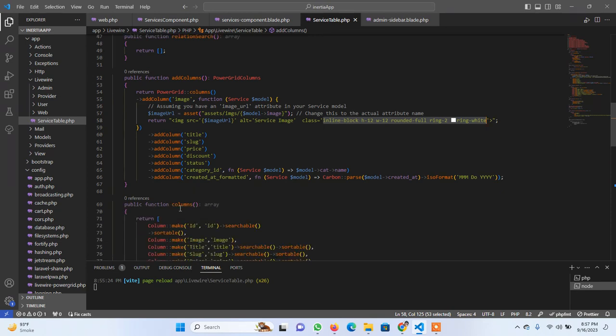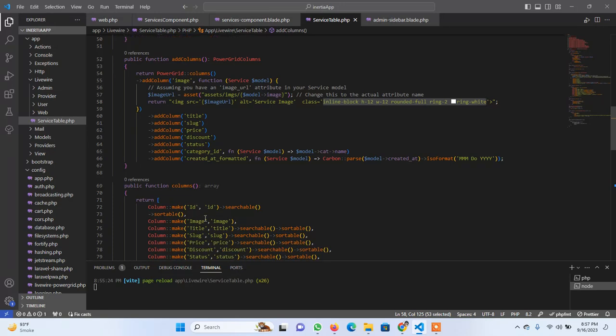In my columns function I add image. Okay, to display the category name instead of the category ID, I will use the model and my relationship